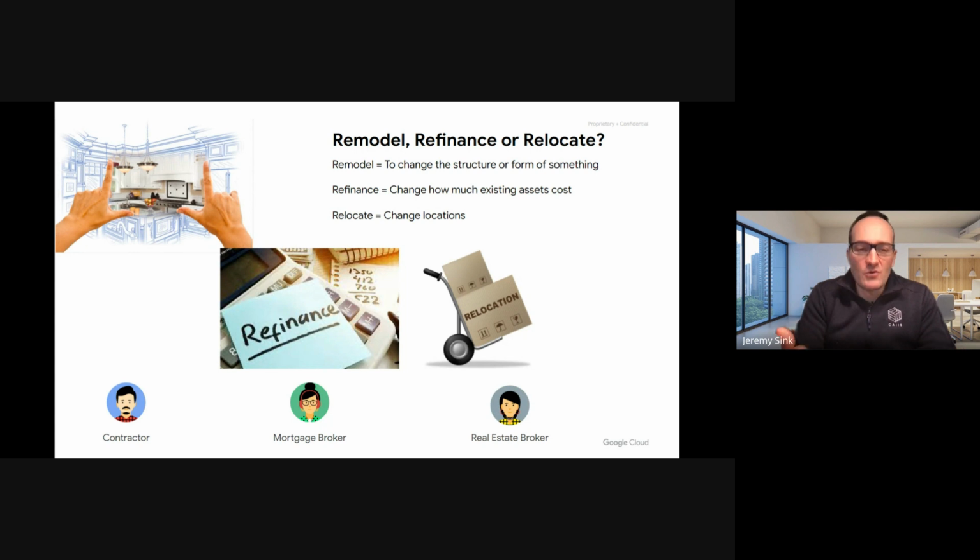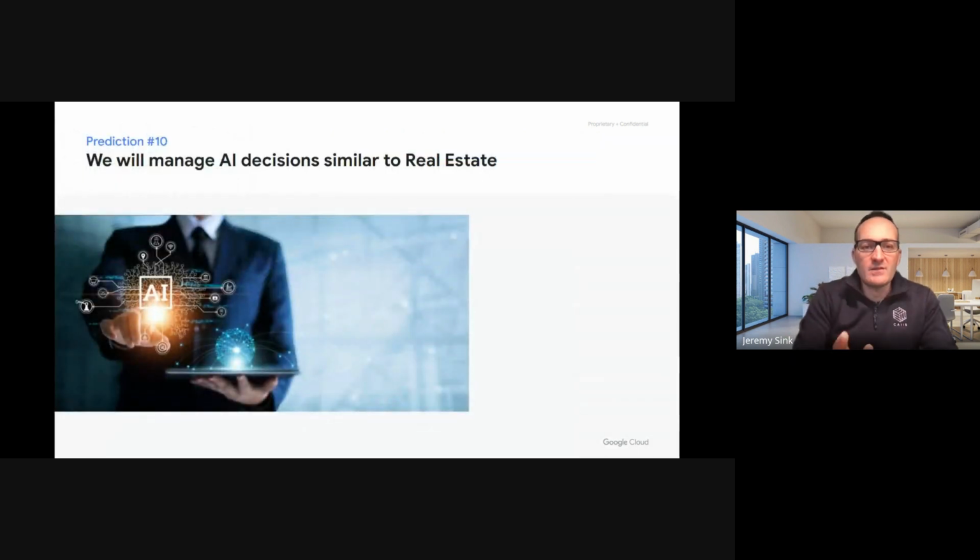If we're going to do those things, we'll always have those experts in the field that we can rely on. And what's the system that that whole industry revolves around? It's this system called MLS, where all of the listings are held, right? Where you can see all the different attributes and things. So I think the thought here is that AI is a lot like real estate.